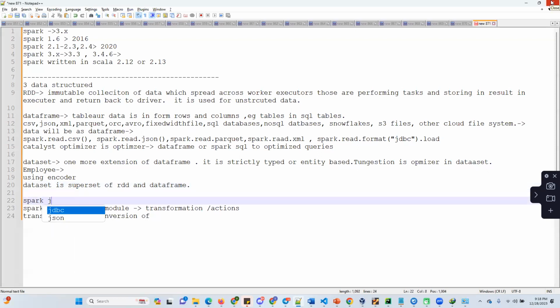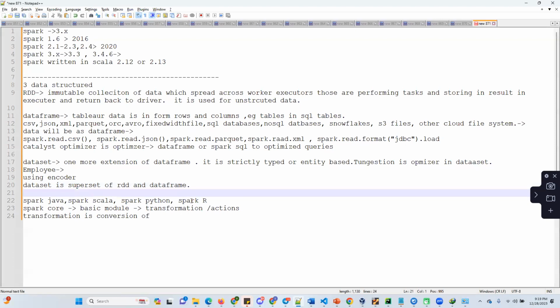So Spark Java, Spark Scala, Spark Python, and Spark R we can use. For the R programming language, we can use Spark R APIs, Spark Python API, Spark Scala. But from an execution point of view, everything is converted into Scala, because the inbuilt APIs are there in Scala. But from the user interface, you are writing your program in Python, Java,